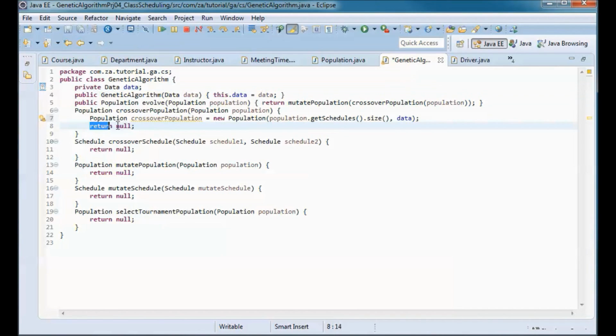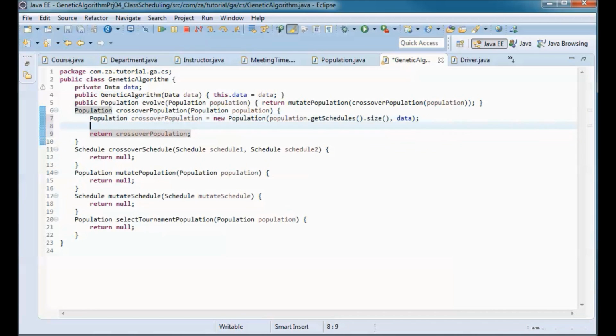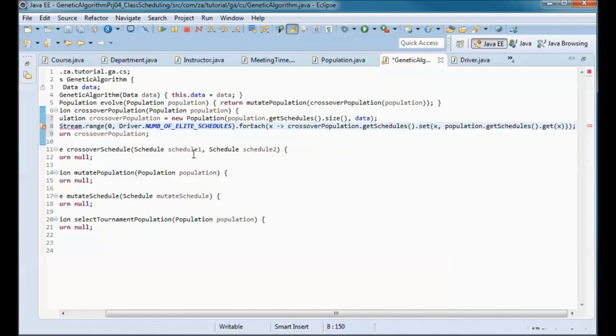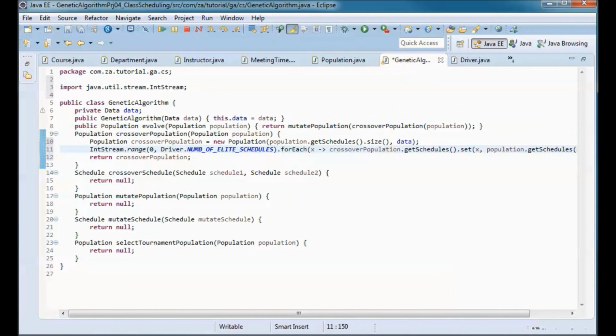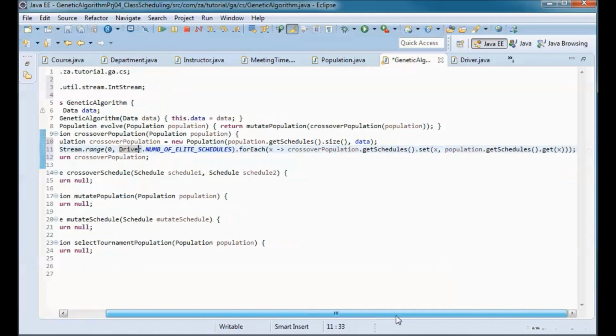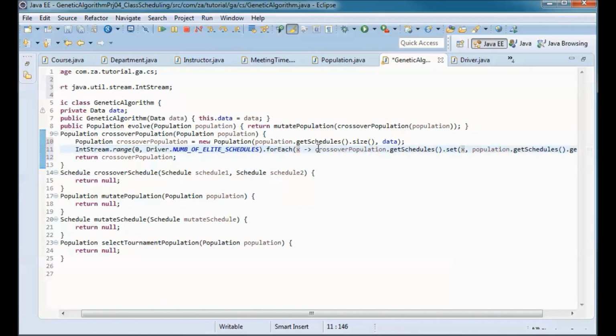And I will return that new population, but before doing that I will perform elitism, where I will pick up the number of elite schedules from the original population and put them as is in the new crossover population.